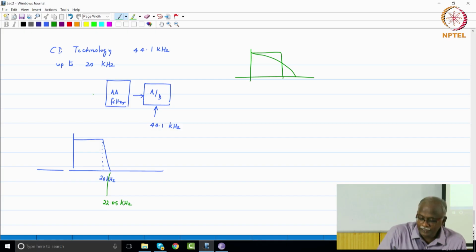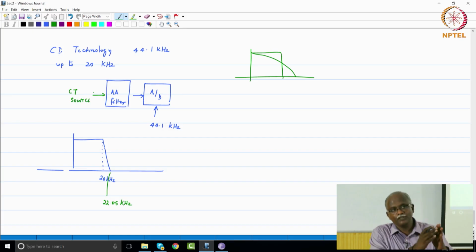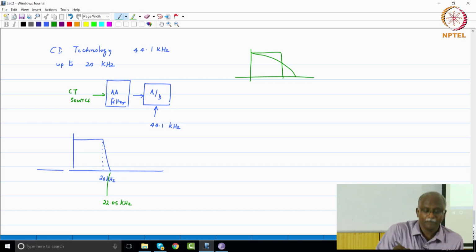So, here you are at the continuous time source, whatever it is. You cannot say that only voice will be there, so it's okay, my analog filter can be a little sloppy. You have to design a filter of this kind. So this becomes a very difficult and challenging problem, which makes the anti-aliasing requirements and the subsequent A to D a complex issue. Now, how does multirate help us in this case?